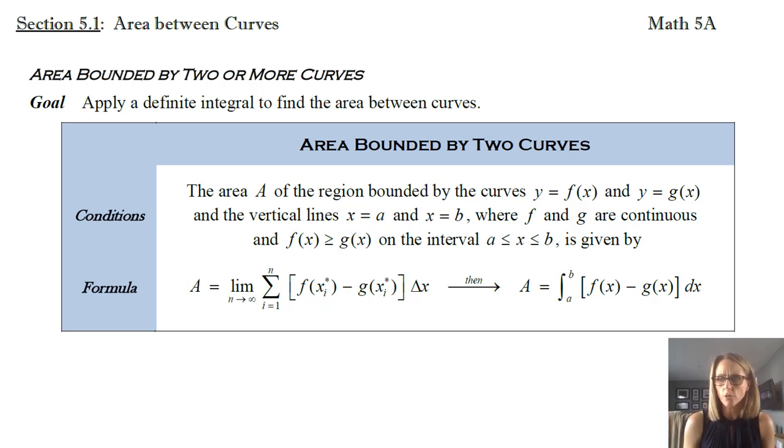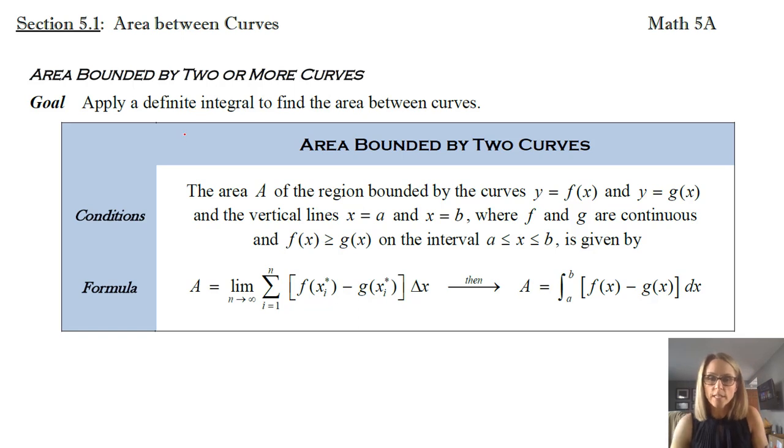We have a lot of chapter 5, which is basically just a lot. There's a lot of pages that are just definitions and explanations, and then we get to the actual doing. So notice that you want an area that's bounded by two curves, and that has either the two curves intersect, or maybe you just have from here to here, and you're trying to find the area in between. As long as one function is greater than the other function for the whole interval, then the area bounded by them is found from the formula that you see here on the screen.